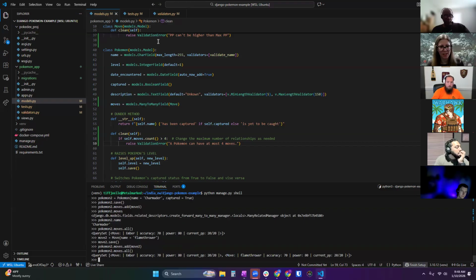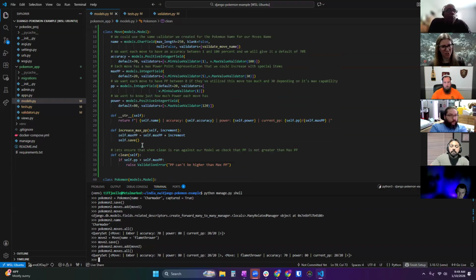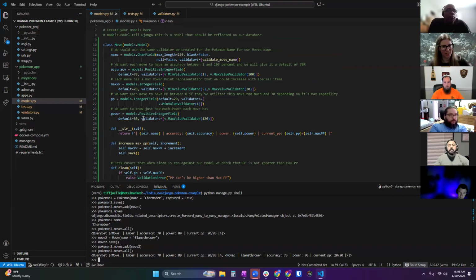Okay, so that's cool. That's one way in this many-to-many. I can see Pokemon moves and list them all out. But now, since it's a many-to-many, I should be able to say, hey, give me all the Pokemon that know the move Ember, right? That's the other side of this many-to-many. We should be able to query the other way as well, if that makes sense. So we can, even though move doesn't have like a Pokemon field, that's okay because Django has a way to query reverse through this without having that field defined here.